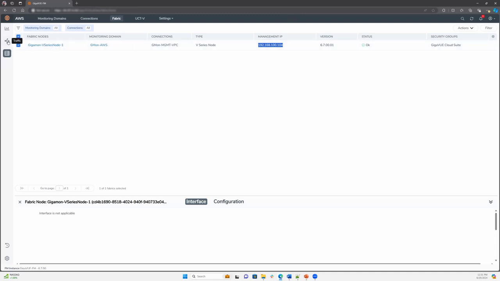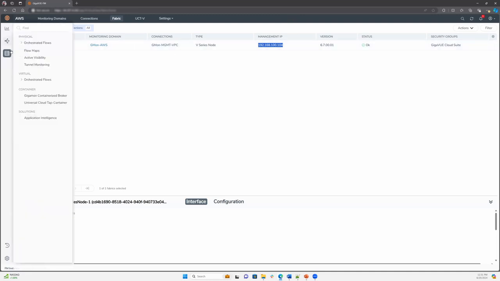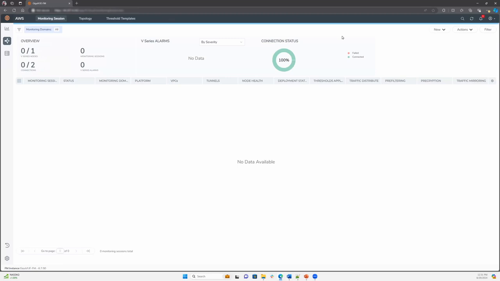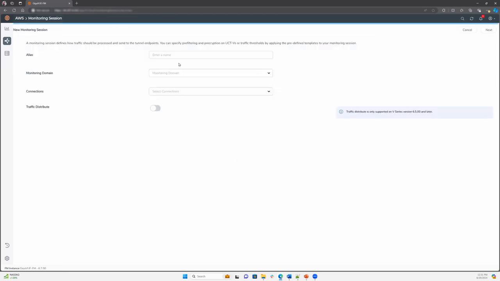Well, let's go ahead now and create the monitoring session. So I click on traffic, go to virtual, orchestrated flow, AWS. I want to click new, monitoring session. Just keep the same structure, but this time it's going to be the visibility, right,